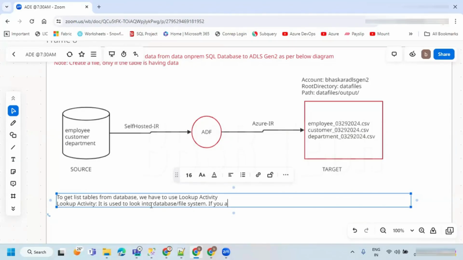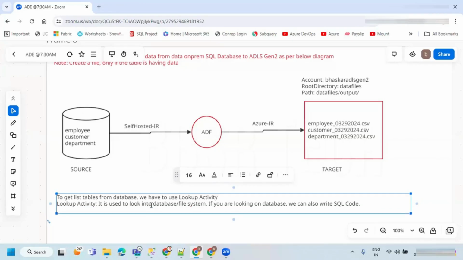If you are looking at the database, we can also write SQL code. Most of the times by using lookup activity, we get a small number of records. If your business requirement is having less volume of data, then you can go for this. Generally we don't go for actual data; to get some metadata, we use this lookup activity.